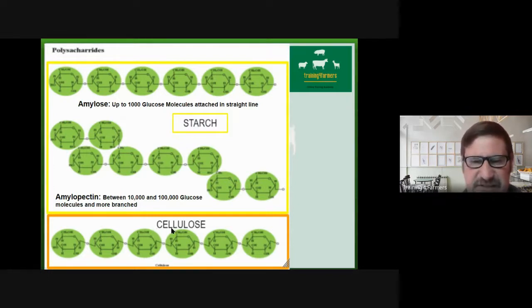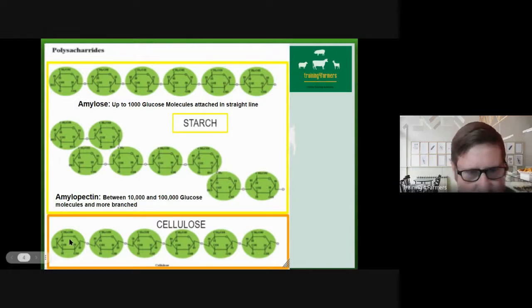Then your cellulose and so on. Now these guys can be even longer, they are much longer than these ones, over 100,000 sugars stuck together. Again, they are all glucose molecules. But guys, these bonds here are impossible for us as monogastrics to break down. They're actually impossible for any animal to break down. The only things that can break these bonds here are bacteria. They have got the enzyme to break down these chemical bonds, and they can make these things into glucose, which